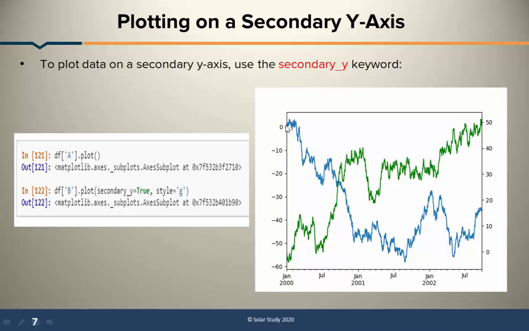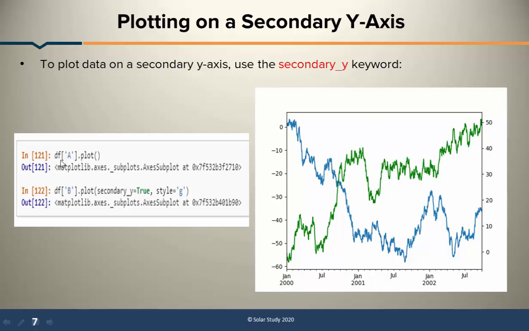See, there will be a negative line: 0, minus 10, minus 20, minus 30, up to minus 60, but this one is positively increasing. So I want to combine these two in a single plot. At that time I have to use secondary y-axis modification. So it is very simple.